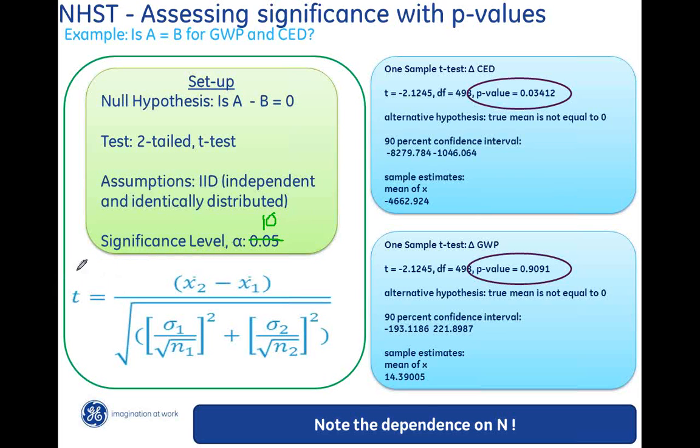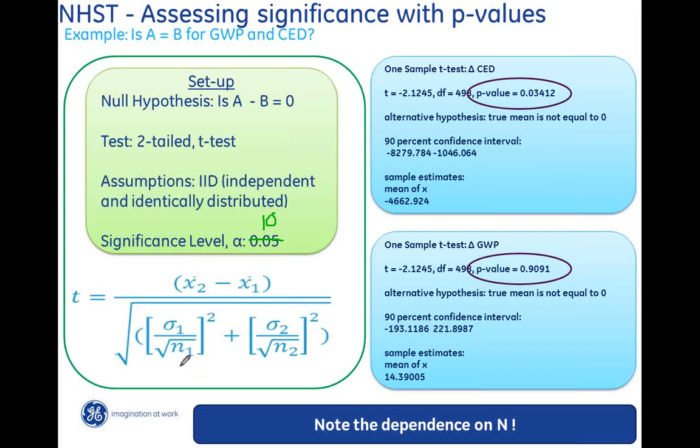This is the general form of the t-test, the name of the actual statistic. What you're doing is taking the difference between the mean of group 2 minus the mean of group 1, which is basically A minus B, divided, normalized, by the average error. This is basically the root mean square error. You have the standard deviation of group 1 and the standard deviation of group 2, so all the error is pooled together. You also have a term here called N2 and N1. Those are the actual number of samples that go into each of those groups.